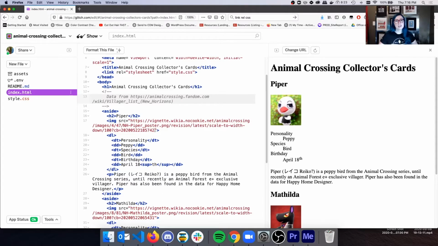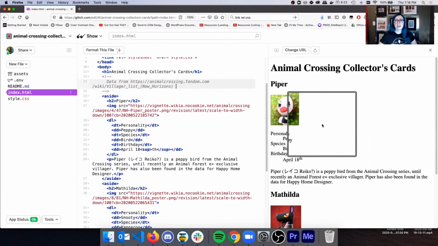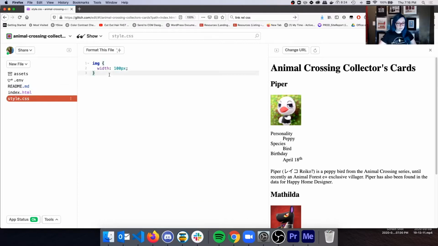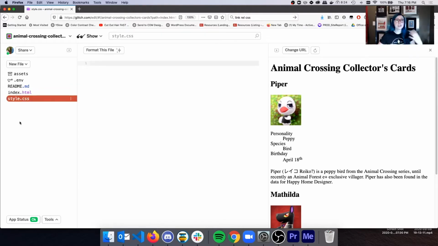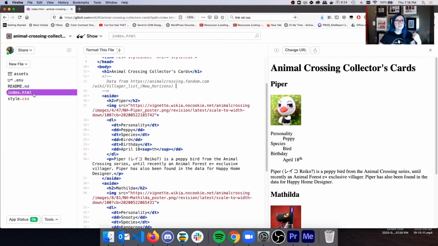The next question is, now that I'm ready to start styling this and actually making these look like collector's cards, what should I call my CSS classes across all this HTML so that it's really easy to understand just by reading the CSS in this other file, what we're styling. So remember that because these are in separate files and there's a separation of concerns, your content is in your HTML file and your styles, your design work, is going to be in style.css. You want something that when you read it by itself in style.css, it's easy to remember what's happening.